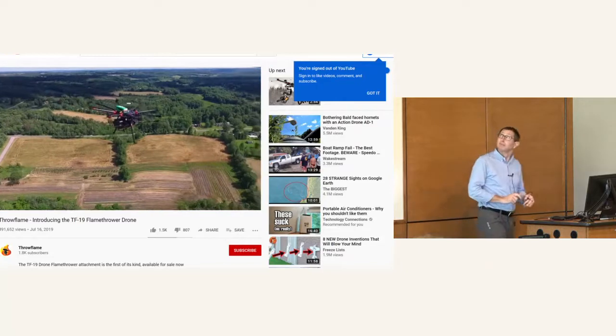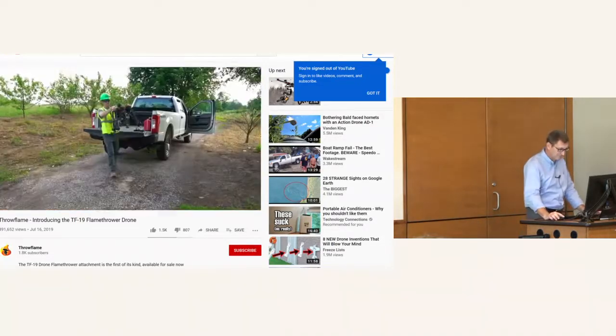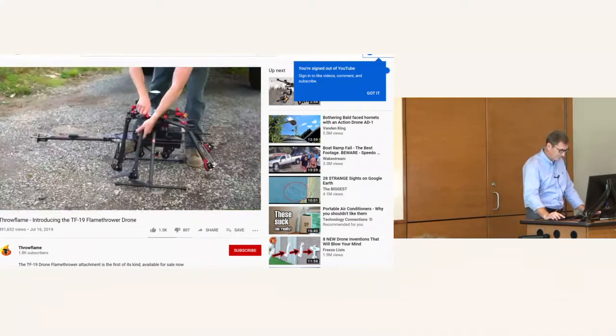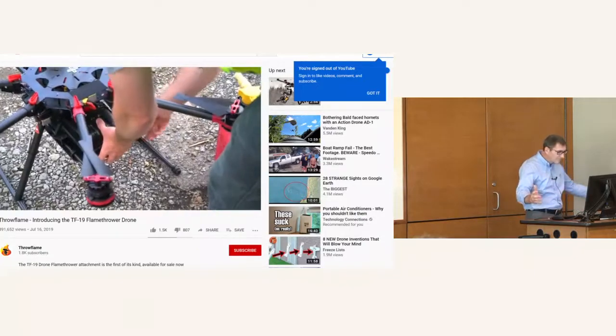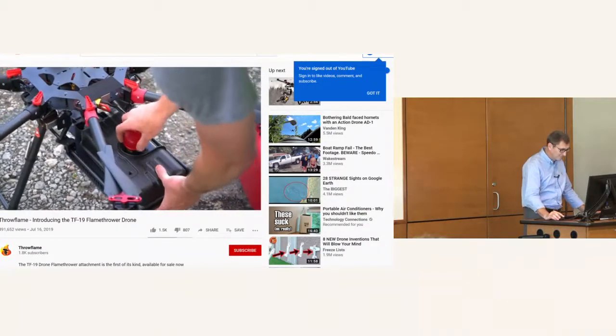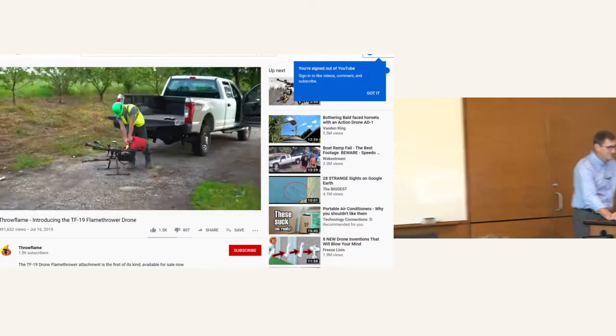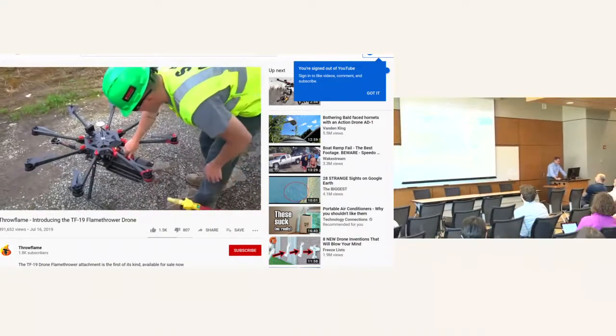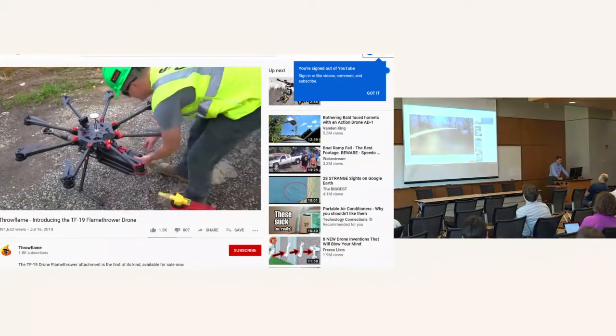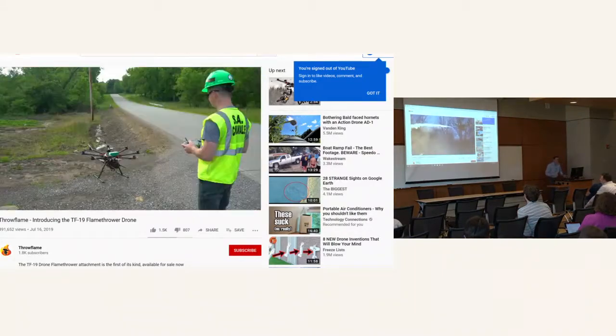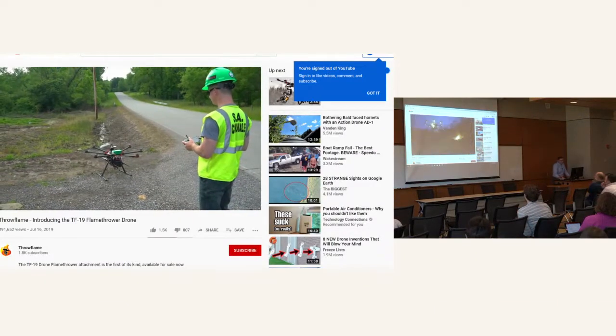Where is it? Introducing the TF-19 Wasp Drone Flamethrower. The Wasp is built to withstand all sorts of conditions, both cold and hot. With 25 feet of range and 1 gallon of fuel capacity, the TF-19 Wasp can deliver over a minute and